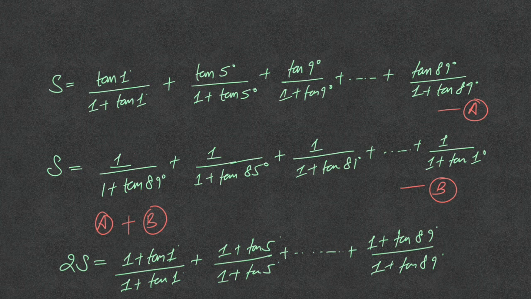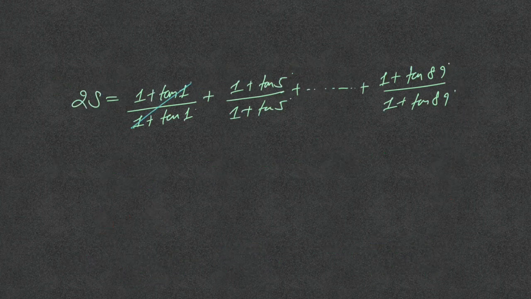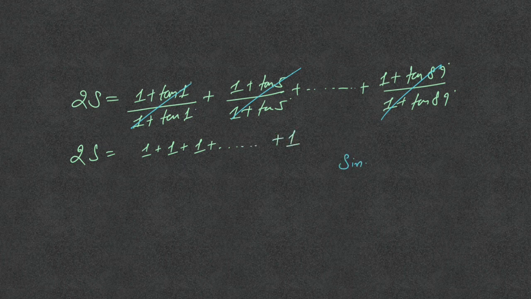The pattern is coming after adding the first term with the last term, similarly the second term with the second last term, and the third term with the third last in reverse order we are adding, and we got this. Now on cancellation of everything we get 2S is equal to 1 plus 1 plus 1 plus so on up to 1. Since angles are in AP,